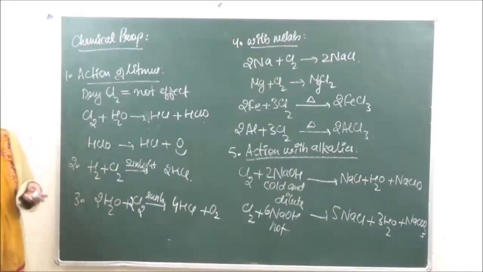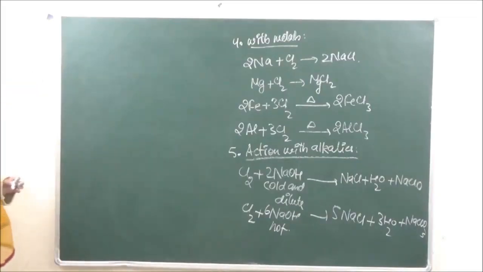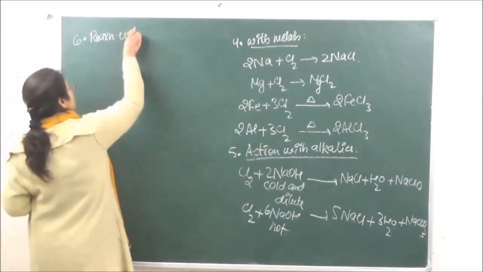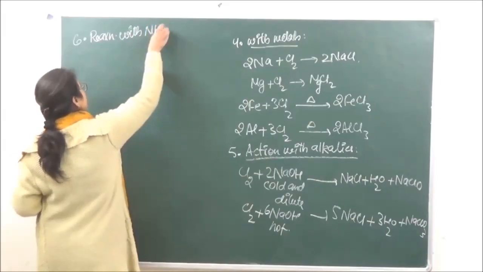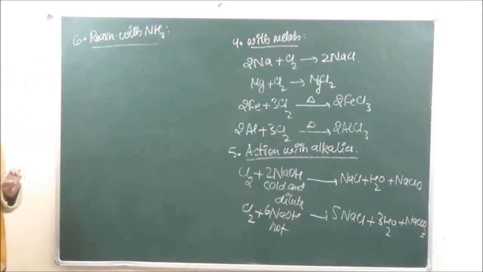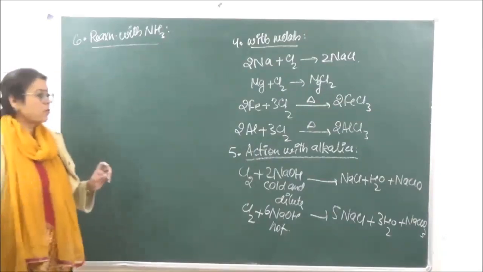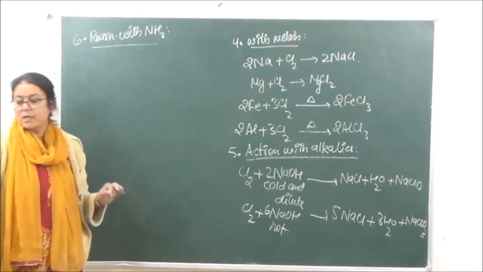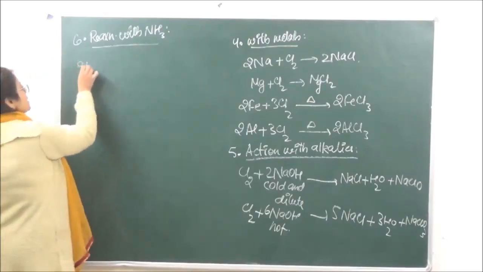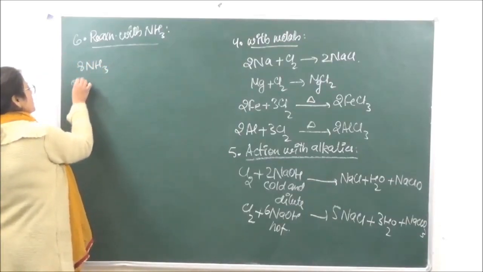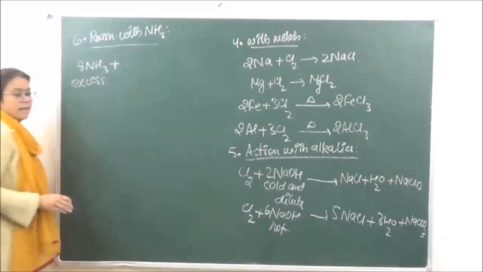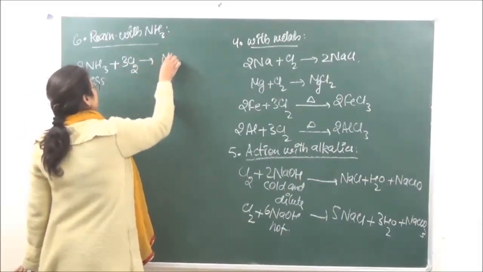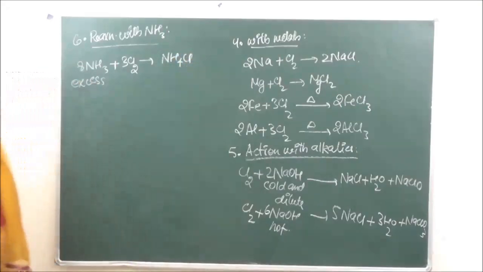ठीक है? Similarly with ammonia also, if you are doing the reaction with ammonia, सो अमोनिया के साथ भी दो तरह से ये रिएक्ट करता है. In one case we are going to take chlorine in excess and in the other case we are going to take ammonia in excess. ठीक है? So when we are taking ammonia in excess, excess of ammonia plus Cl2, it is going to give us ammonium chloride